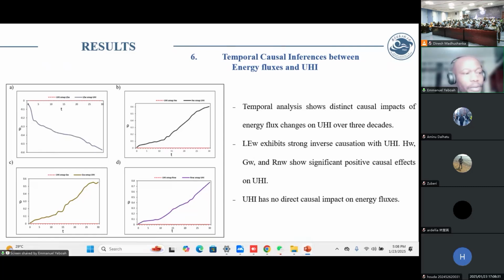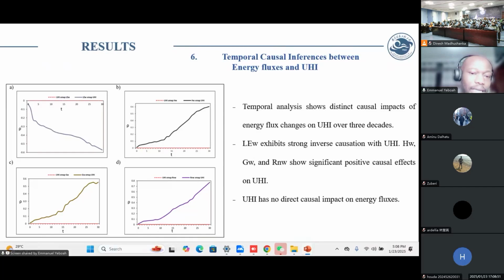But the other way around, UHI does not have any influence on latent heat. The availability or presence of latent heat is not influenced by UHI. As I said, there is a direct causality and there are no confounding variables in this case. In contrast,